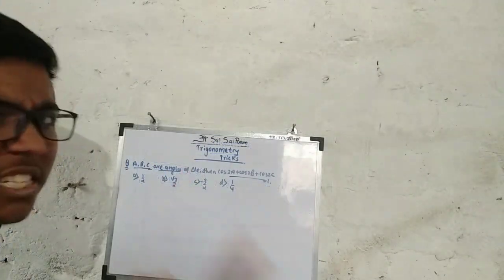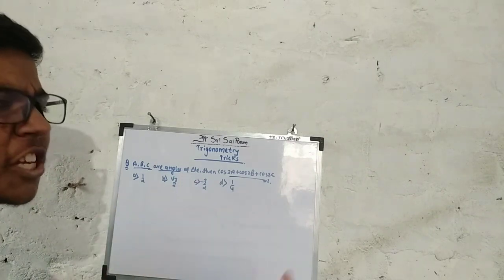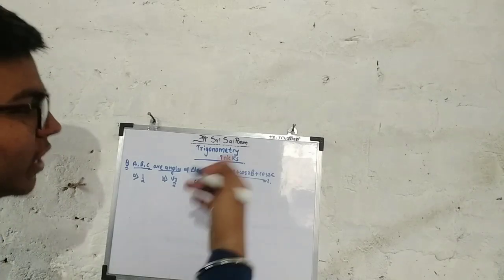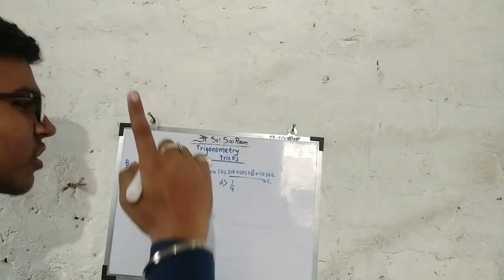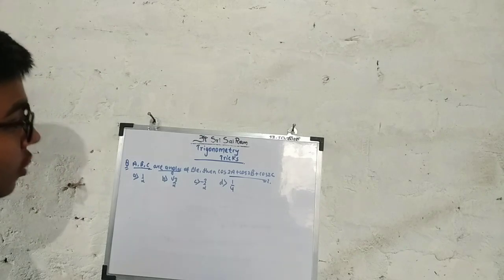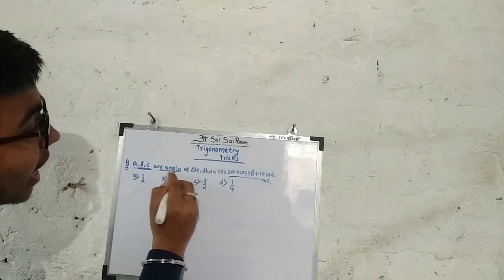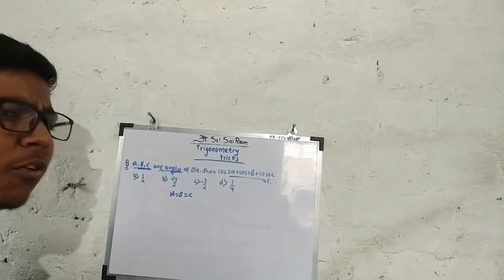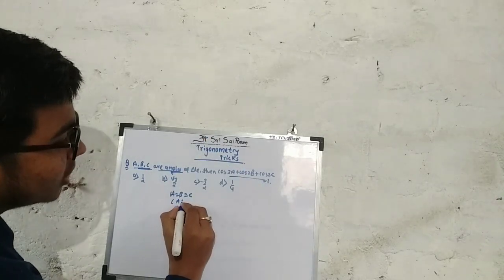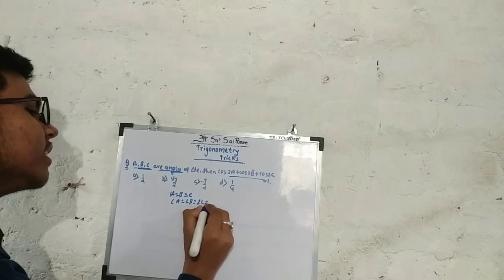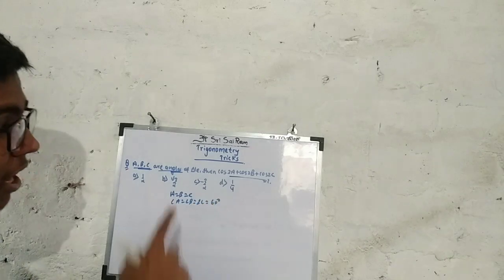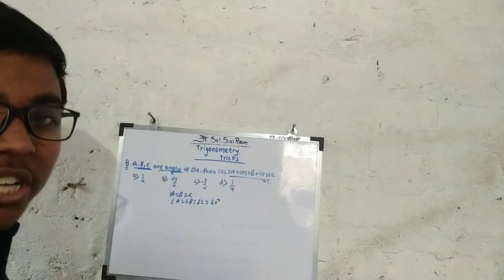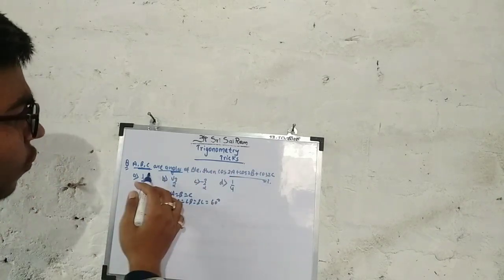So this is the last type of trigonometry, which is properties of triangle. Most aspirants think that we should leave this chapter, but it is not true. You must understand how it could be solved. So here we are given A, B, C are angles of a triangle. Let A is equal to B is equal to C. Let the triangle be equilateral. Then angle A is equal to angle B is equal to angle C is equal to 60 degrees. Because we are just letting it, nobody is coming and saying to us that no, you can't take an equilateral triangle. It is not restricted anywhere here.